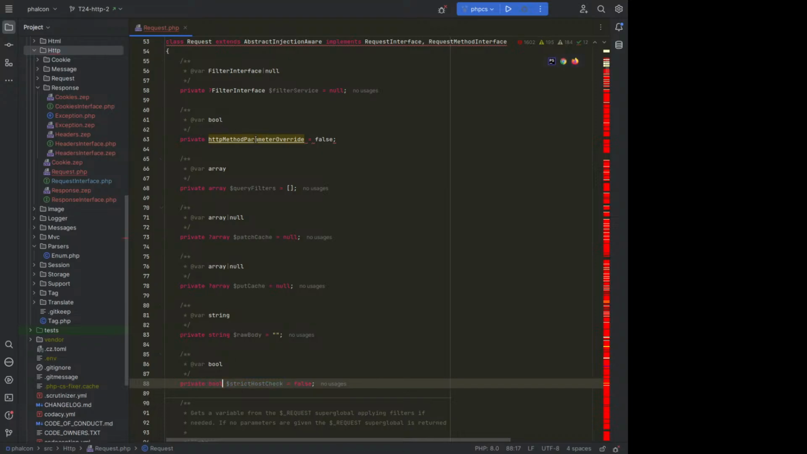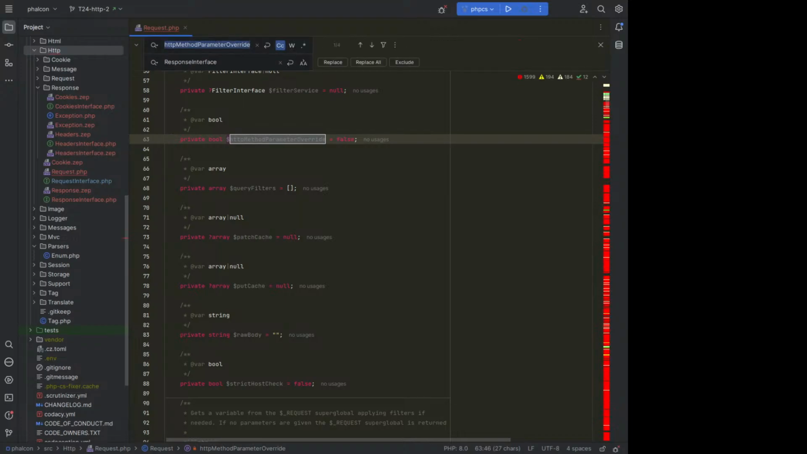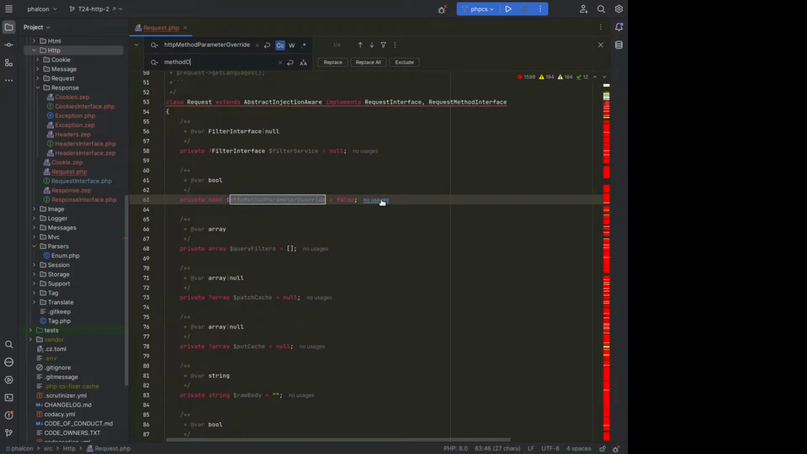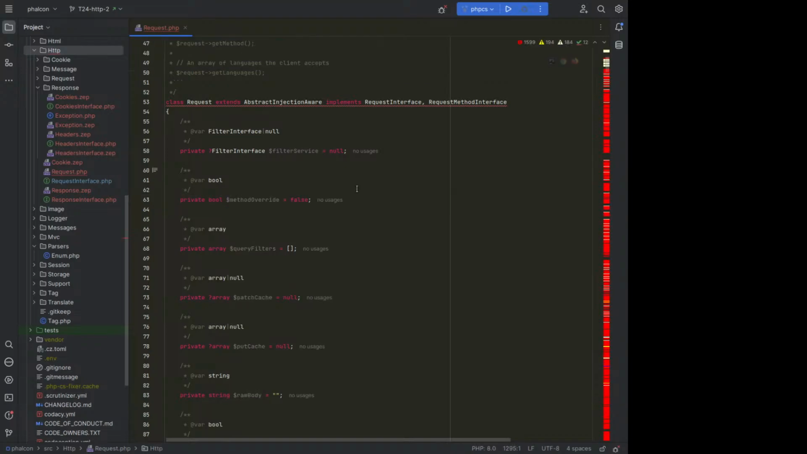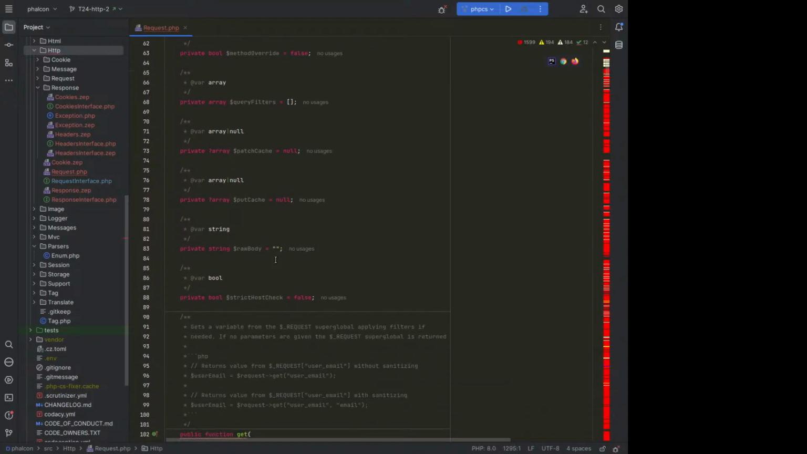Okay, that's great. So for this parameter rule, I'm just gonna rename it. So HTTP method parameter override. So that's method override. It's gonna make it a little bit smaller. Alright, so